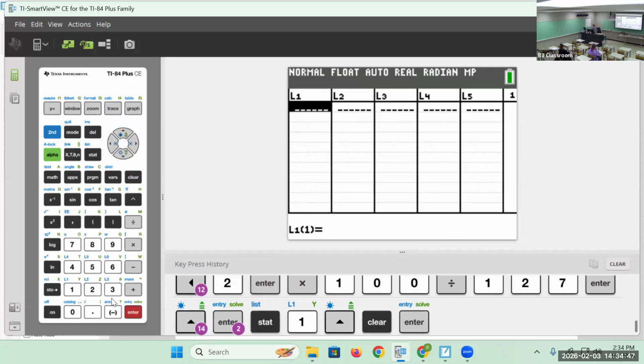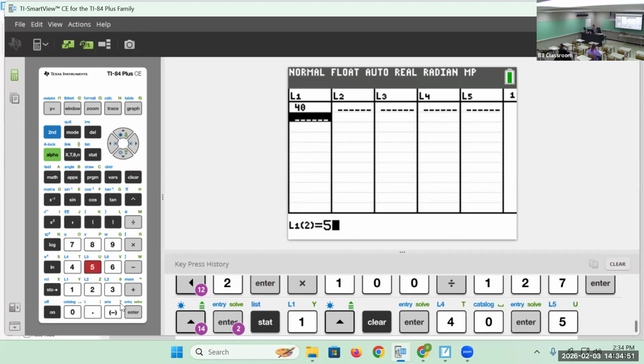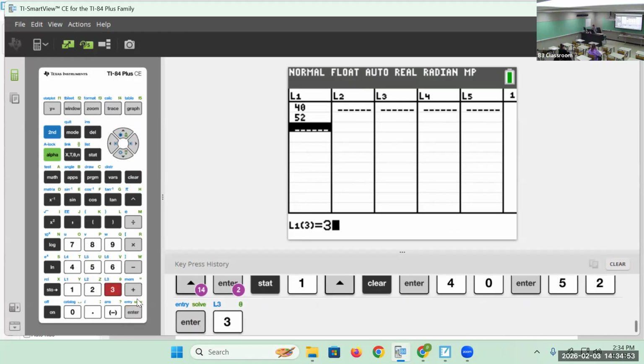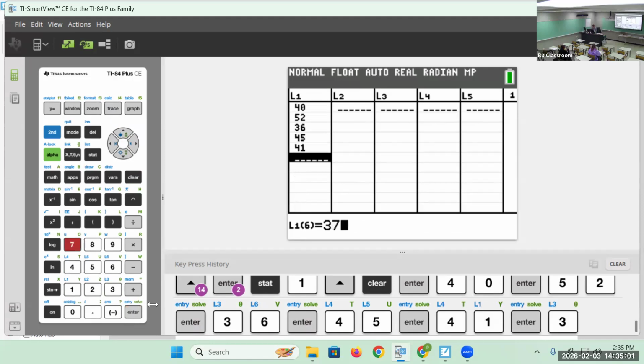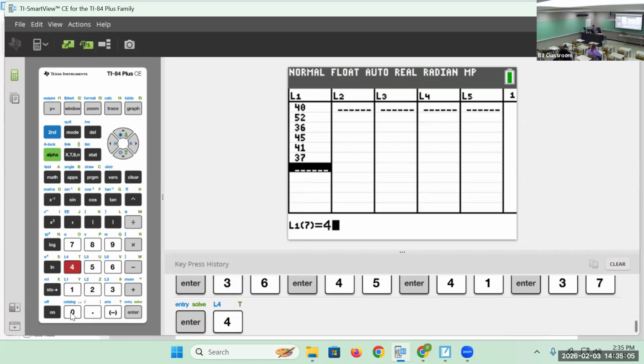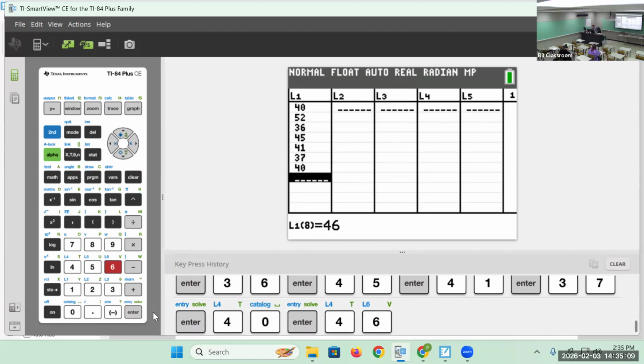And I'm going to enter the data. So I have 40, enter, 52, enter, 36, enter, 45, enter, 41, 37, 40, 46, 43,